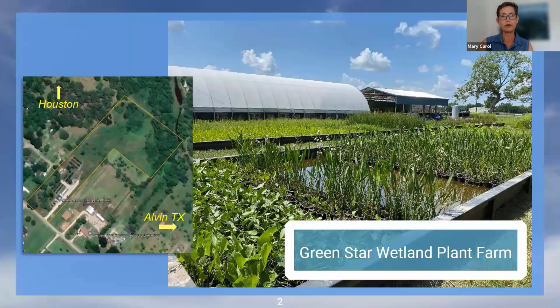We're wholesale primarily, but we do sell to the public 1 day a month. Our farm here, as you can see at the plan there, it's about 3 miles from Alvin, and it's south of Houston, and it itself was once a wetland. So visiting this land, I could see that it was going to be an excellent place to grow aquatic species.